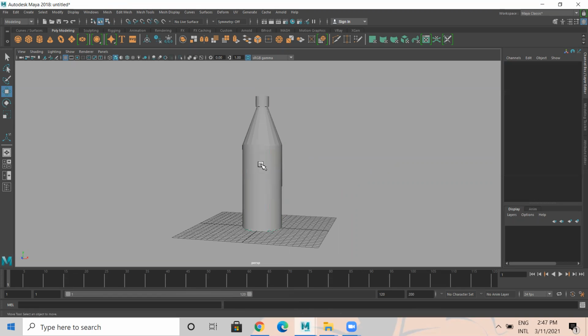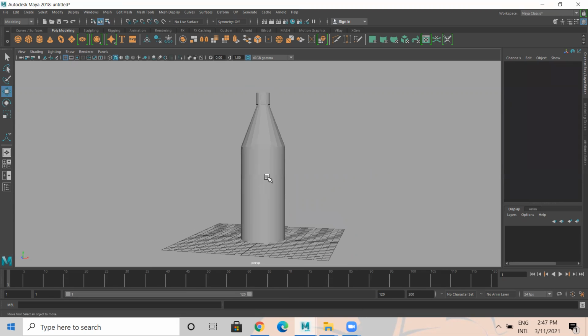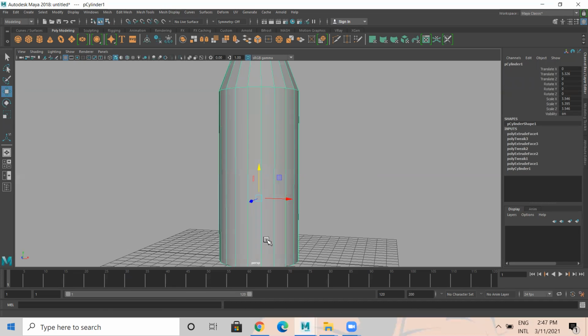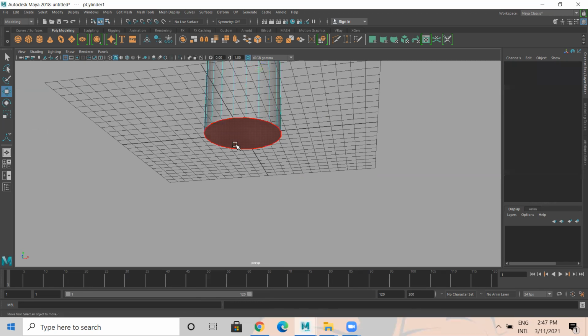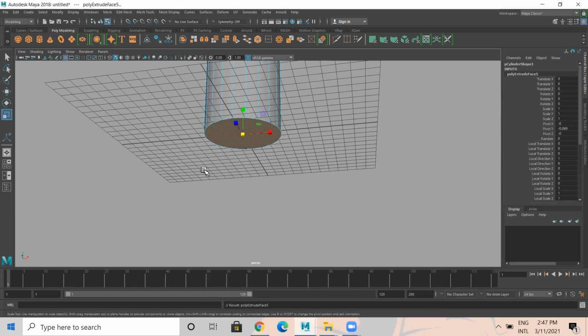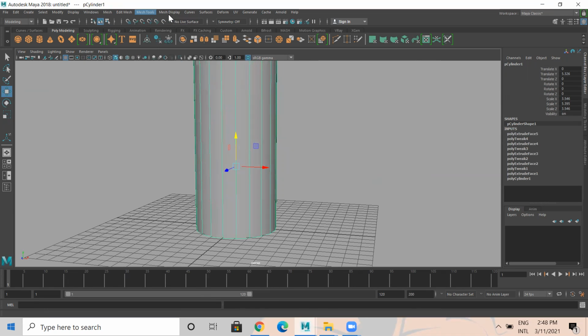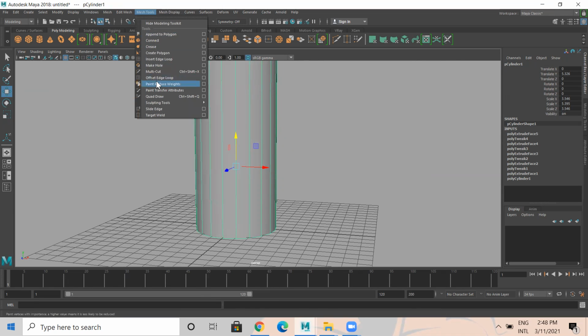Okay, so now if I press 3 to make this smoother, it looks something like this, which is not good. So I would like to add a few more meshes into this. Before that, let me extrude this face also. I extrude this, make it smaller. Then insert edge loop.